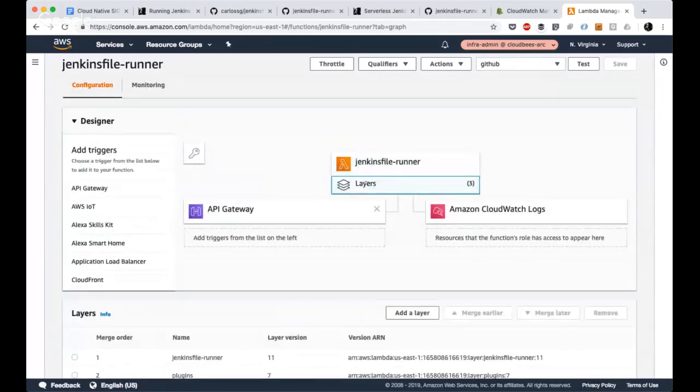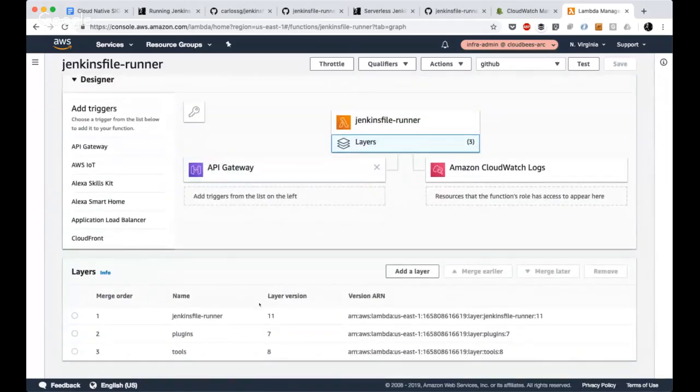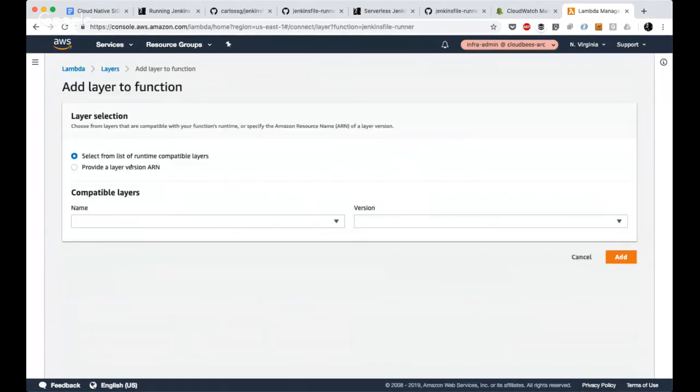On the layers part, this is interesting. You have one that includes the Jenkinsfile Runner code. So the function only includes the code in this GitHub repo, only the Java code for the function. Another layer that you get from the make file is the Jenkinsfile Runner proper code. Then another layer with the plugins and another layer with the tools. So you can upload this from here, or